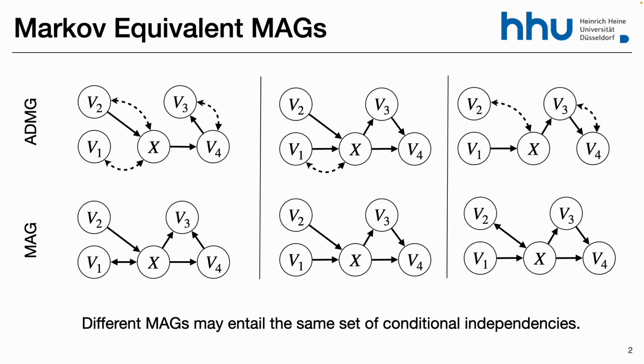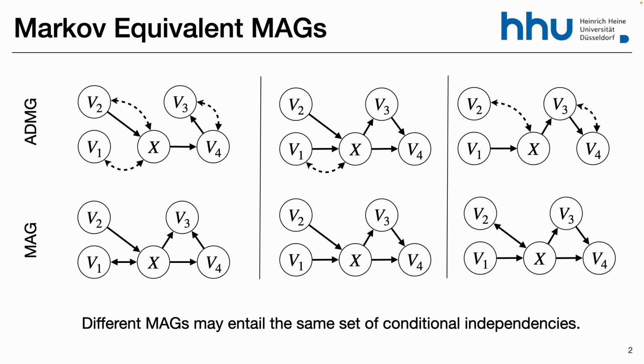Then I maybe haven't quite understood yet how that applies. So just in this example, why is there not a directed edge from V2 to V3? Because V2 is separated from V3 in this graph. So there exists a conditioning set that makes V2 separated from V3. So first there is no edge. You can see there's no edge. And also there is no inducing path. An inducing path would be,